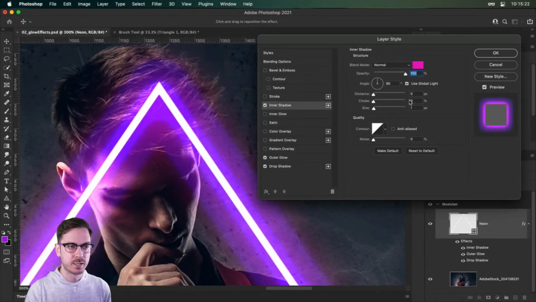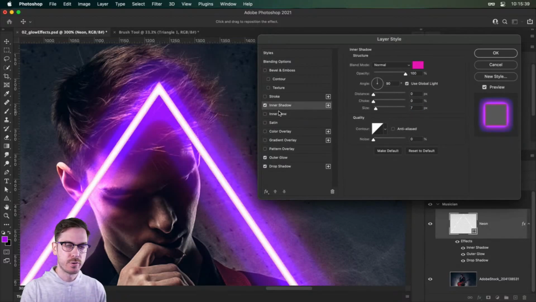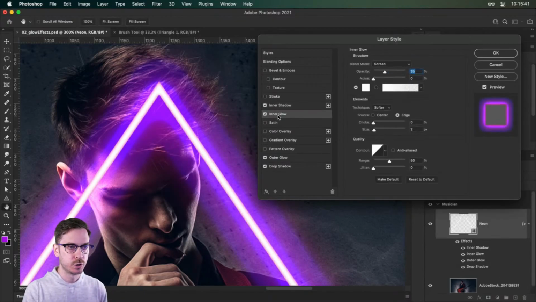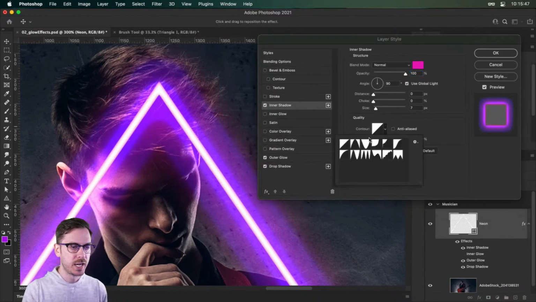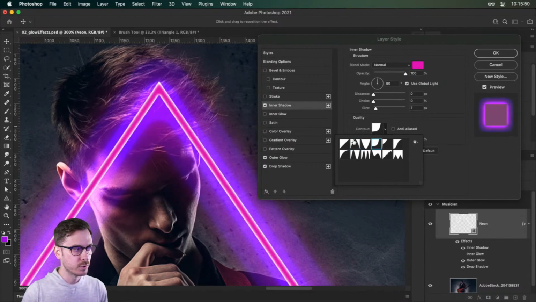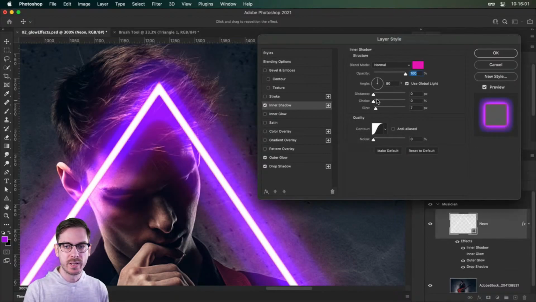It's a little bit pixelated because it is a raster image, but what I'm going to do is just very subtly increase the size, just so we have a little bit of spill on this shape. So if I turn off the inner shadow and then turn it back on, you can also use an inner glow as well. For the most part, those two could be interchangeable, right? Inner shadow, inner glow. Some of them do have different options, but in this case, it's interchangeable. And just like RB said, you can also experiment with the contours to get different effects, right? In this case, probably won't notice much of a difference. This one's a bit sharper, but then again, you can achieve the same effect with